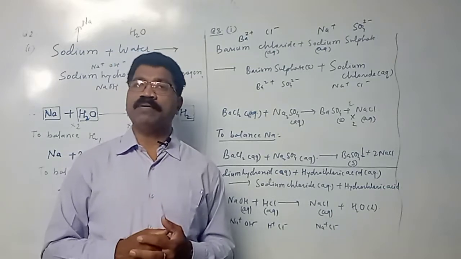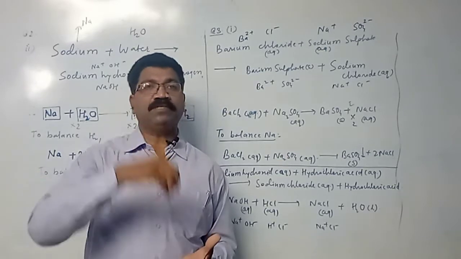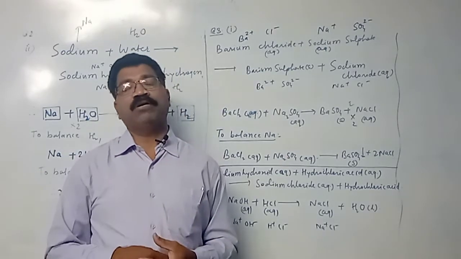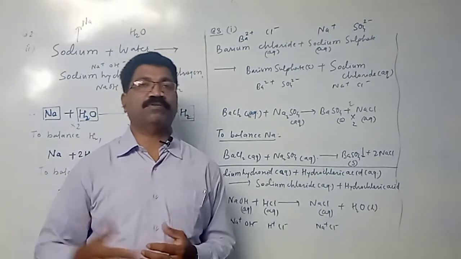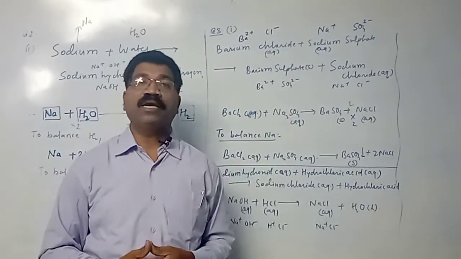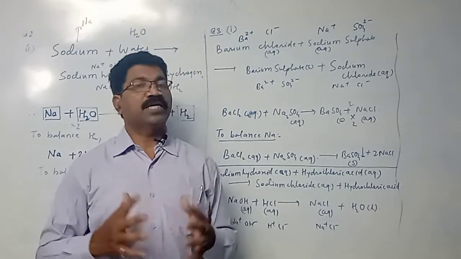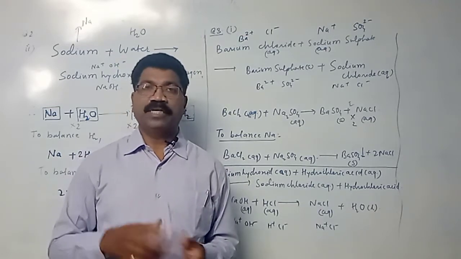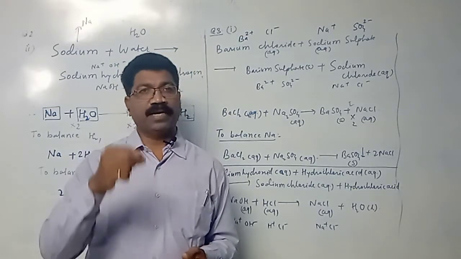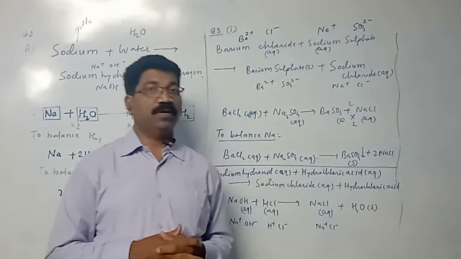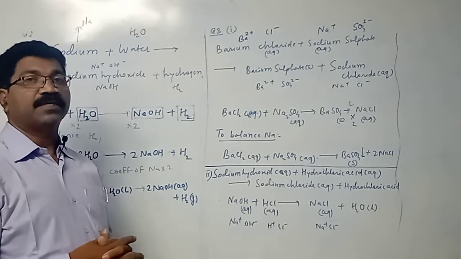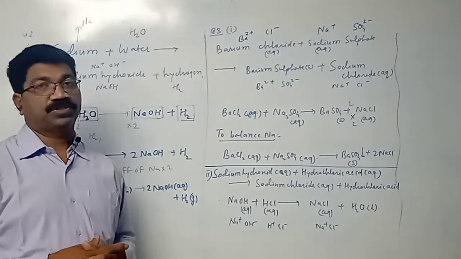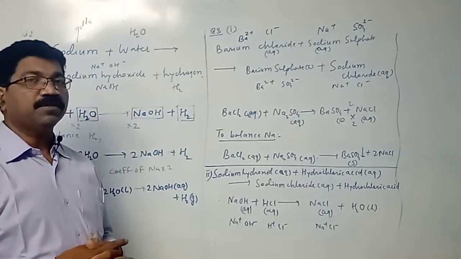So where is it to be kept? Sodium is to be kept deep inside the kerosene. It has to be kept inside kerosene so that it will not come in contact with water, and it will not come in contact with air either. That way we can keep it safely. Then take it with forceps and put it into water carefully. Otherwise, it will catch fire and may damage your eyes and skin. That's why we have to handle it carefully.